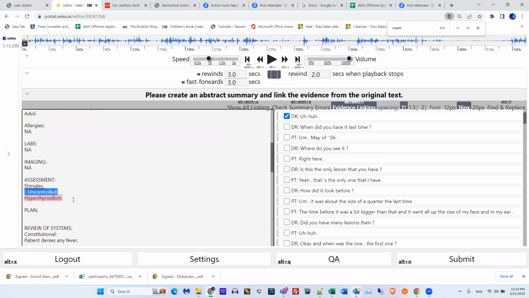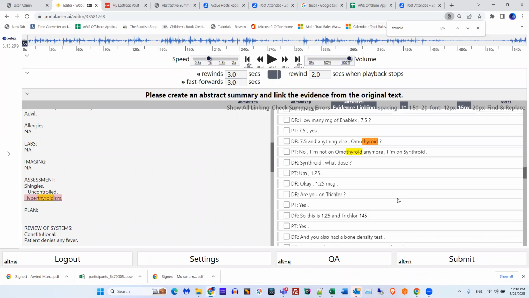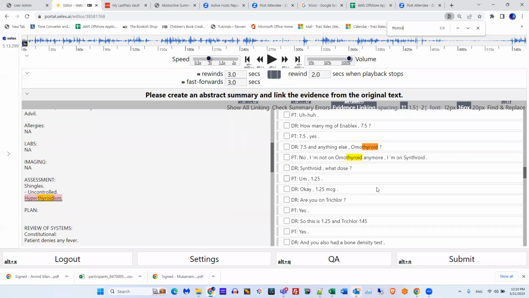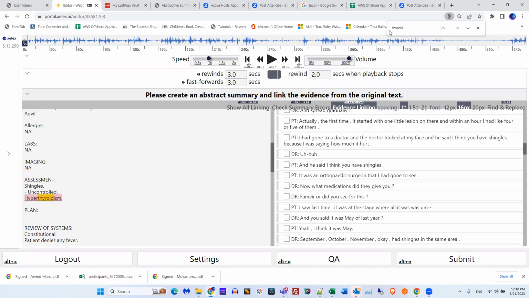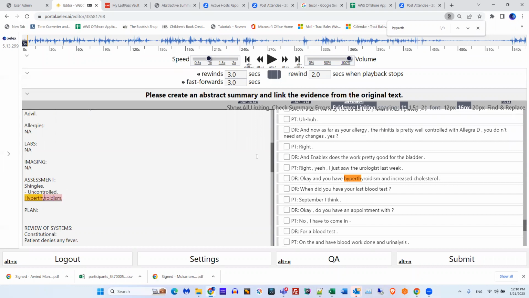Okay, so hyperthyroidism. So we would link this to where she has hyperthyroidism. And let's say that's controlled on Synthroid. So that would be your status for hyperthyroidism.